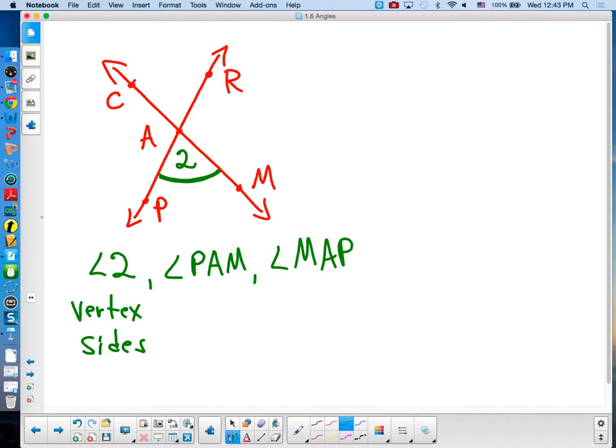Is it the vertex of angle 2? It should be all the sides, and she wants the vertex and the sides. So it'd be ray CO and ray RP. What's the corner? The vertex. And then the other side. So she wants the vertex, which is A, and then a whole side. The side would be the whole entire object. And then another whole side: the sides start with A and go to P. So your sides are the rays. So ray AP, and the other one is